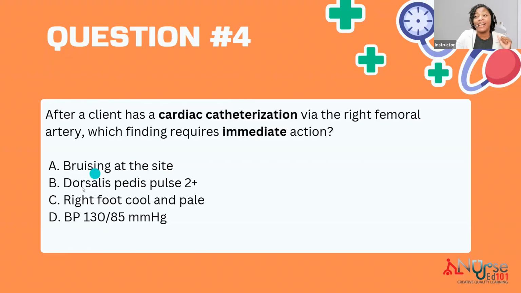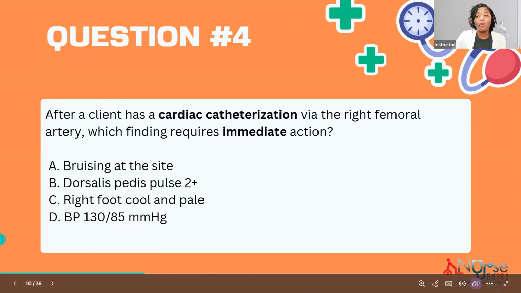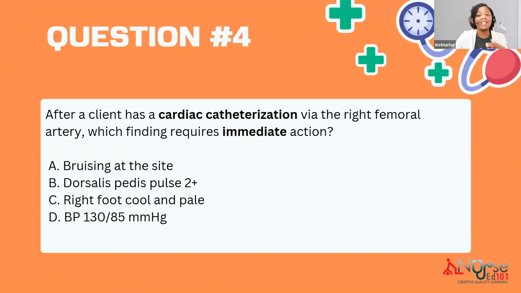That's normal. The patient comes back and we are now checking their pulses; a dorsalis pedis pulse of 2 is actually normal, and the BP falls within normal range. So the only outlier or abnormality here is the right foot, which is cool and pale, which signifies that this patient may have some poor perfusion going down that leg. And that's a big